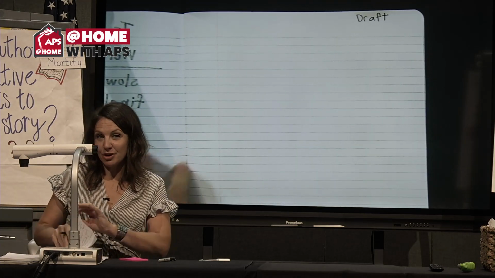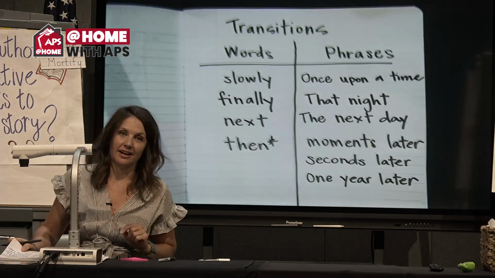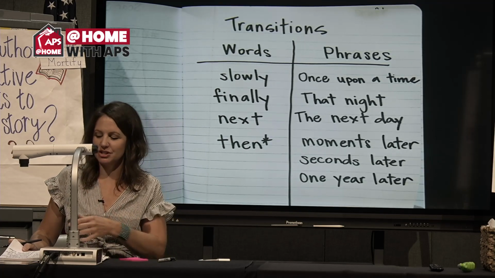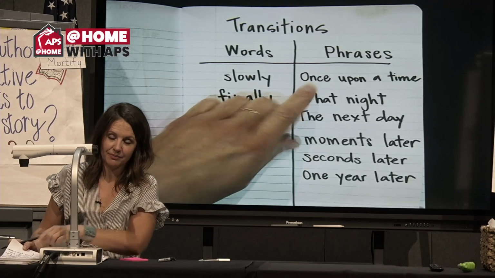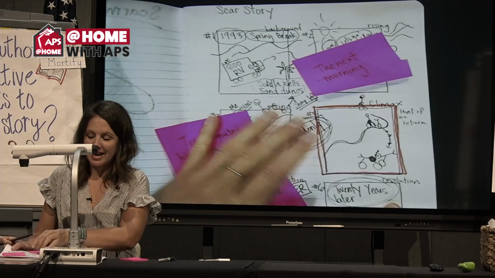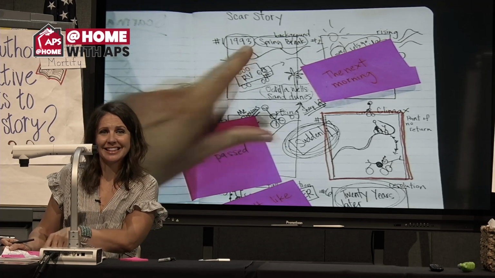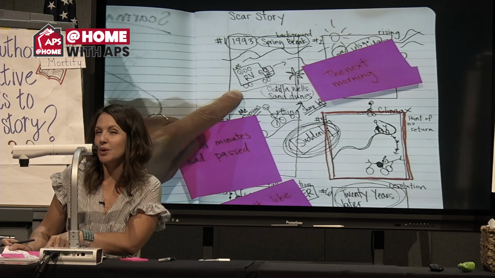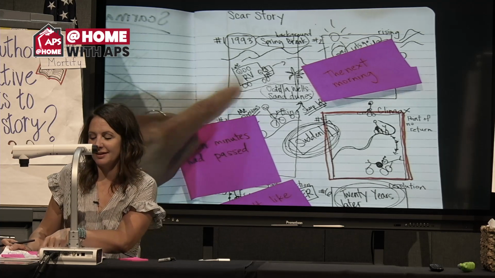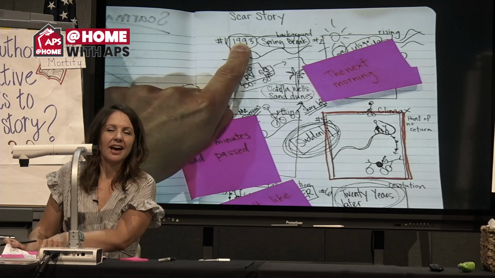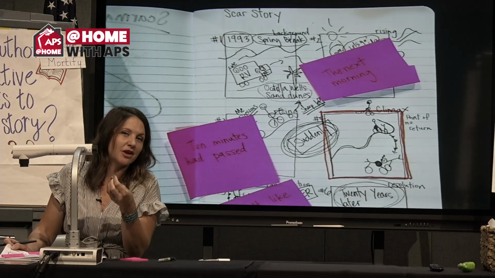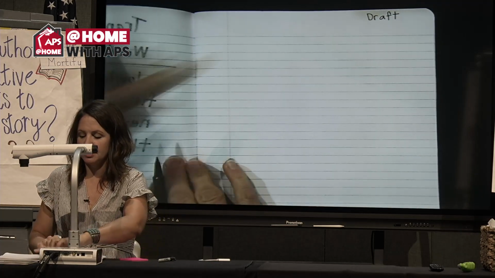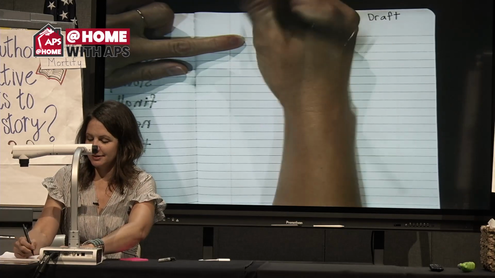Now, in the book today, it said once upon a time. This is a real story, so it doesn't make sense to start with a fairy tale beginning. Instead, I'm going to use details. This is going to help me write my first paragraph. Instead of once upon a time, I'm going to start with the year. I love when writers are very specific about their time. So I'm going to turn to my draft. I will indent and say,